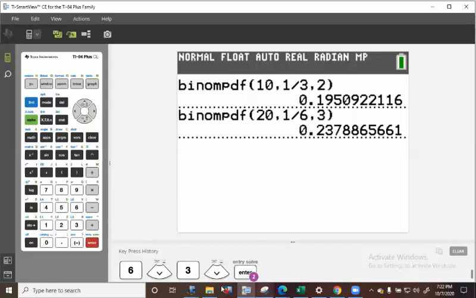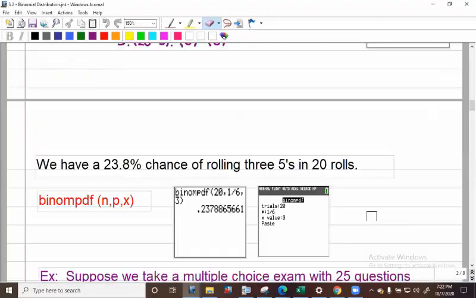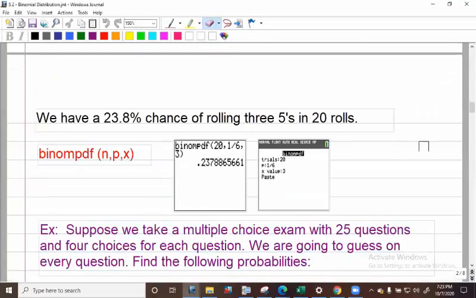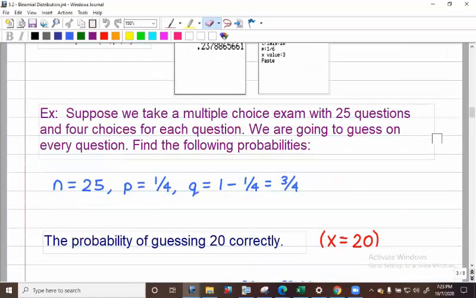And here we go. And okay, there it is, 0.2379. So you basically got about a 23.8% chance you'll get exactly 3 5s in 20 rolls. Isn't that exciting? Very. Now,